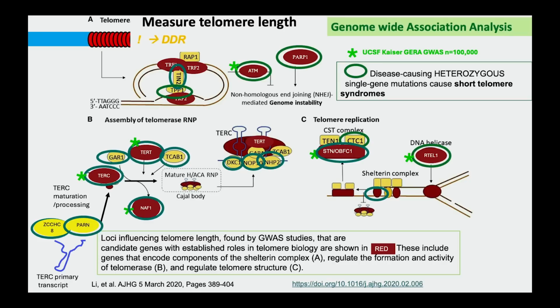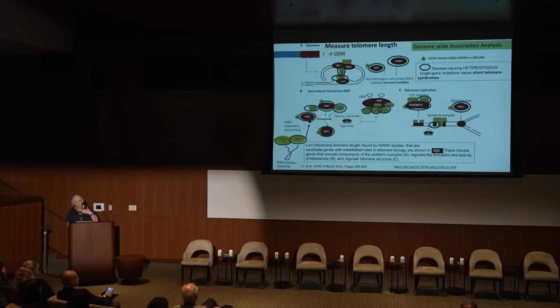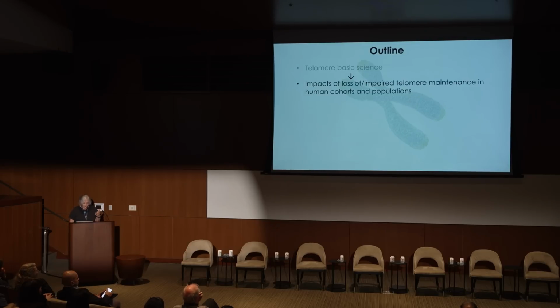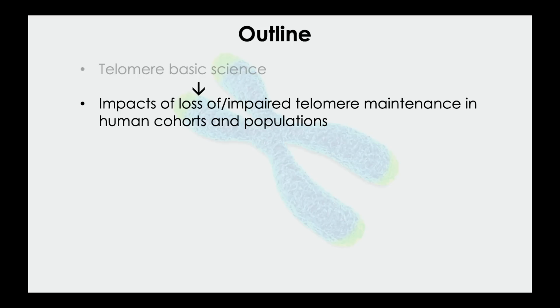When you get more telomere shortening than should be happening, as I said, you get this really bad consequence, the DNA damage response, and that's what's going on in these syndromes. So now, what about the rest of the population who don't have these mutations, which are rare, luckily, but still very well studied, in these genes? These are just the common variants that make your telomeres shorter or not. So when you look at telomeres, you can ask what kinds of consequences you see of having shorter telomeres. We've already been instructed by the Mendelian diseases, which are single gene mutations and very severe. What about in the rest of the population?